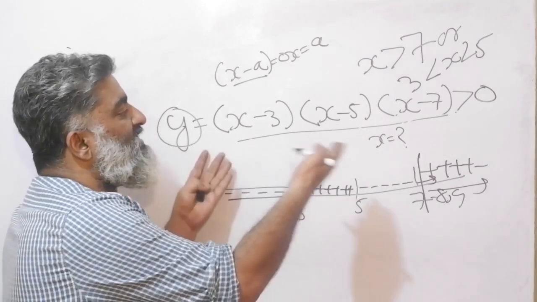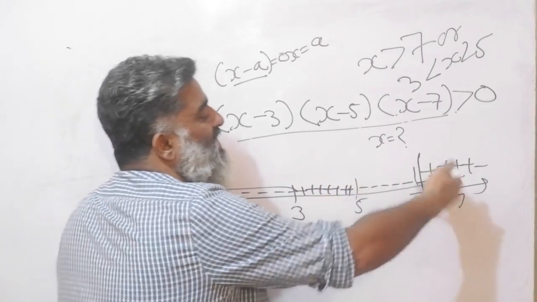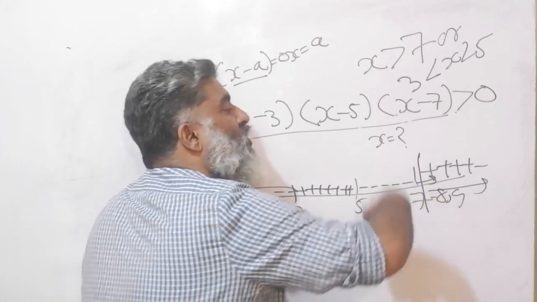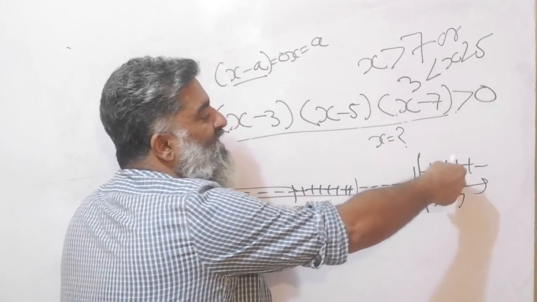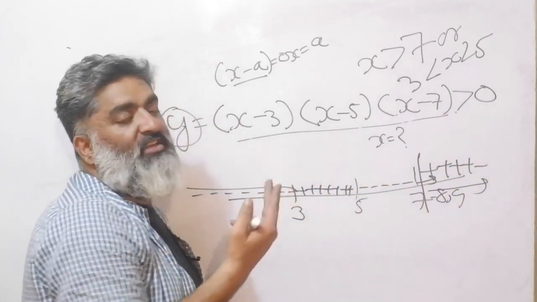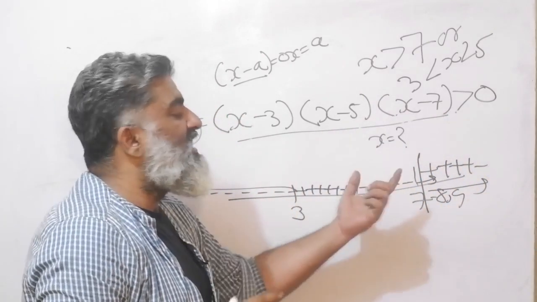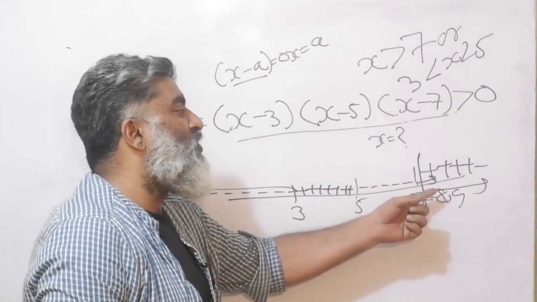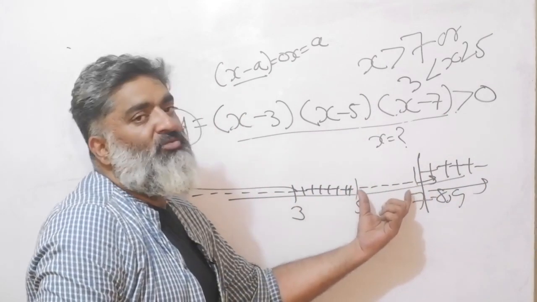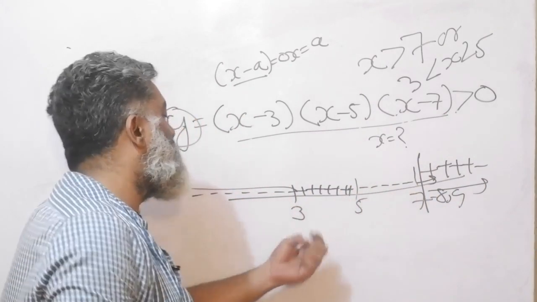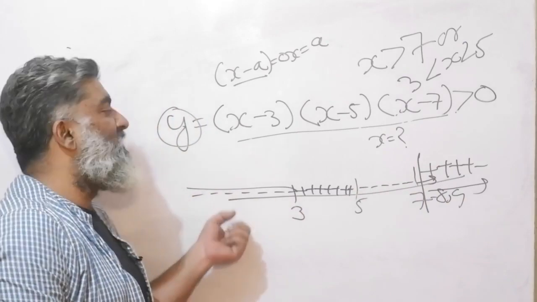That means if you get an expression like this, you start from the rightmost point, and that is always going to be positive because you're reaching higher numbers and such an expression will always give you a positive number. And then the shortcut is just to alternate. The next region is going to be negative, the next region is going to be positive, and the next region is going to be negative again.